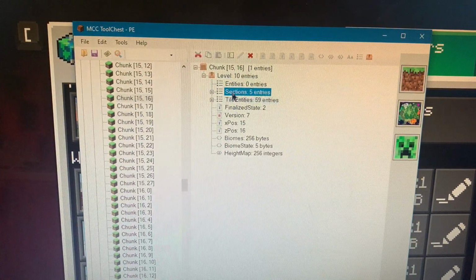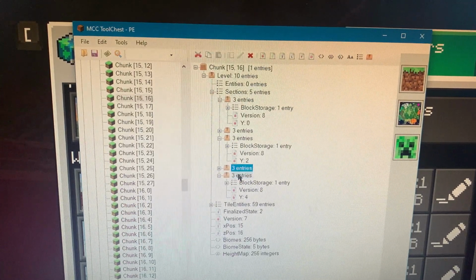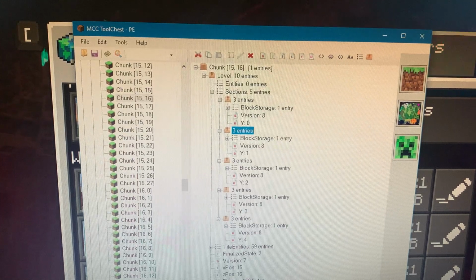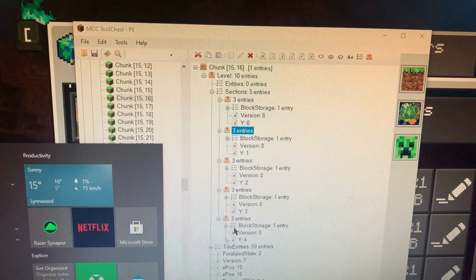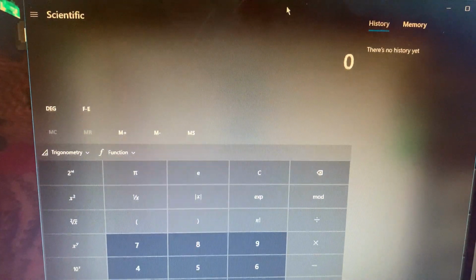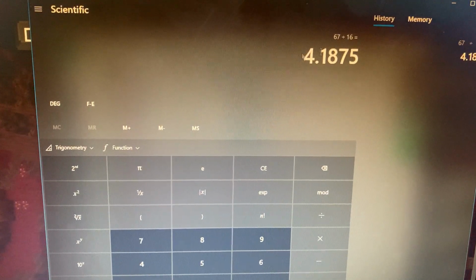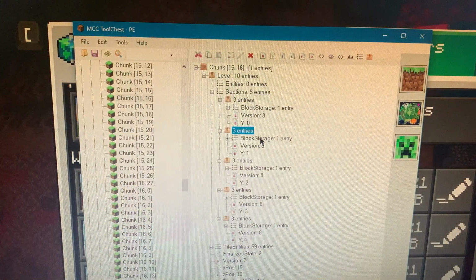In order to know what section to edit, you'll see there's 0 all the way to 4 in this chunk. You just divide the number by 16 and look at the whole number. So 67 is 16 times 4 and then some bit. Let me get the calculator to better exemplify what I mean. Okay, so I'm trying to edit layer 67, right? If I divide that by 16, I will get 4 and then some other stuff. Don't worry about the other stuff. You're only looking at the whole number here. And then I go to 4,